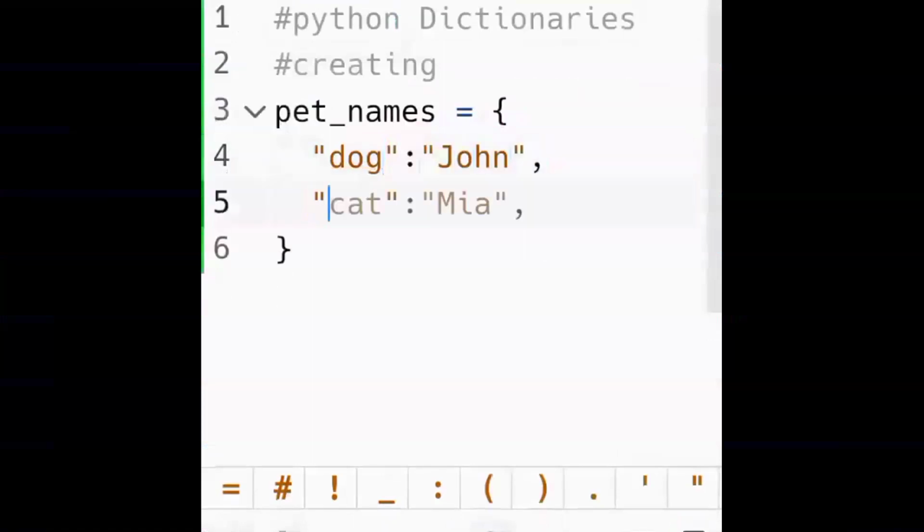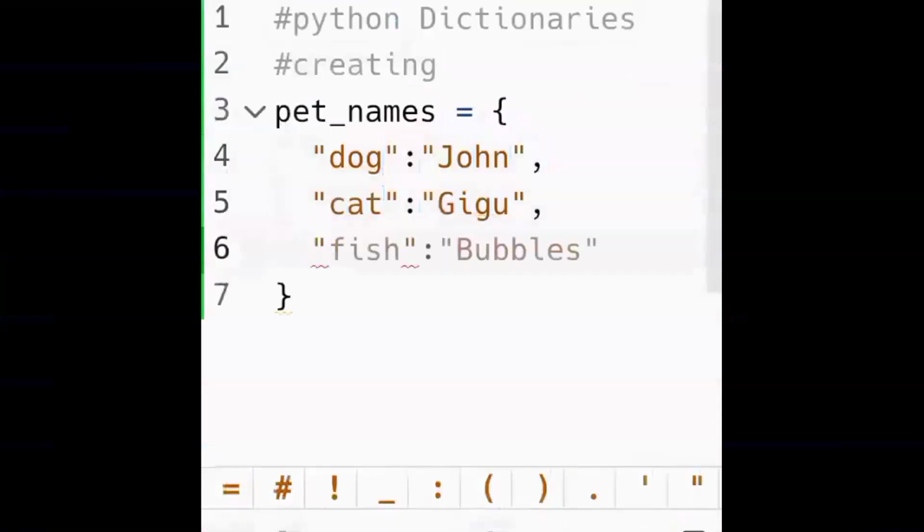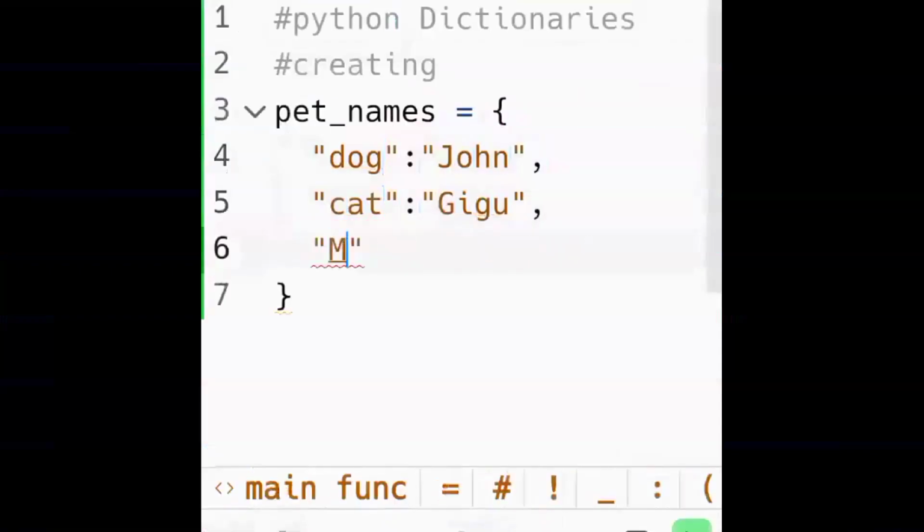For example, I have a dog by the name of John, I have a cat by the name of Gigu, and so on and so forth. So this is called a key-value pair, and each pair is separated by commas, and it's put inside curly braces or curly brackets.